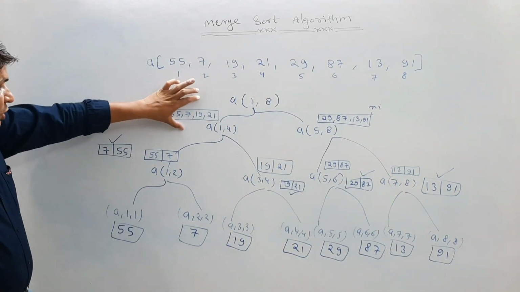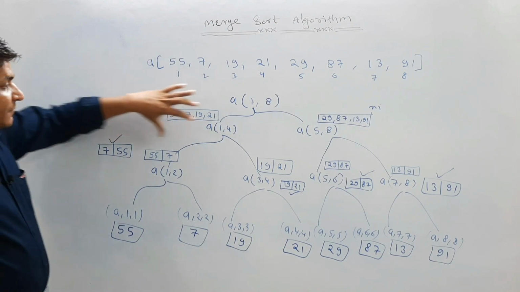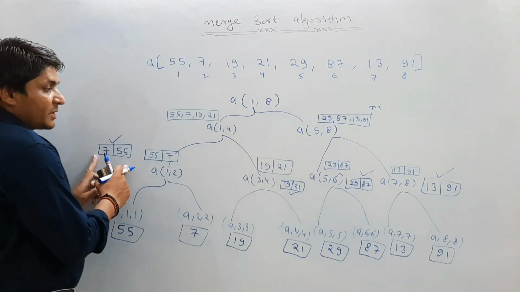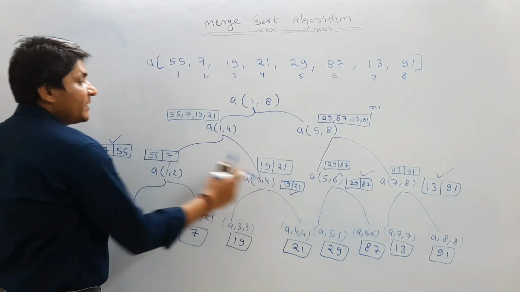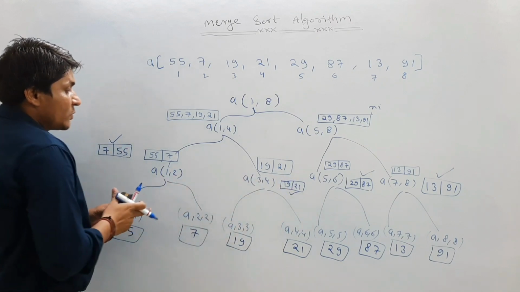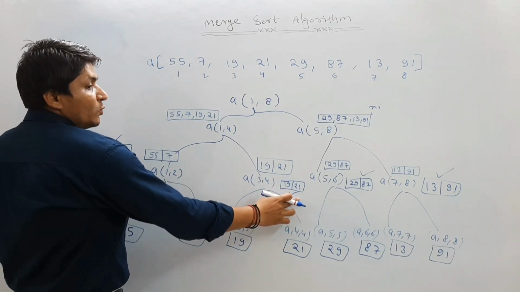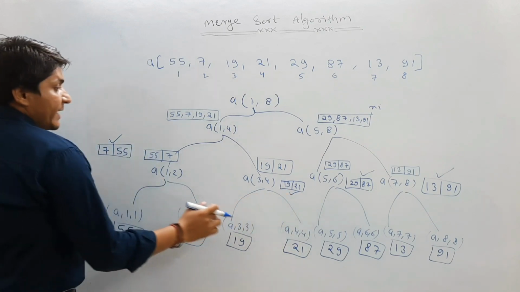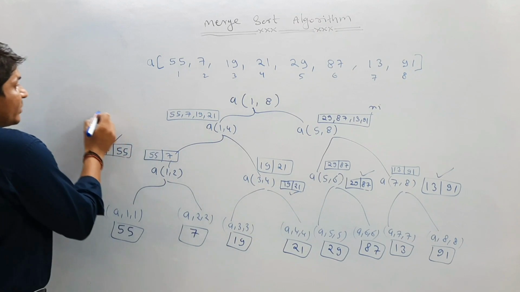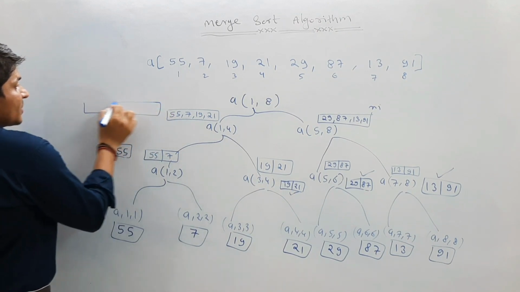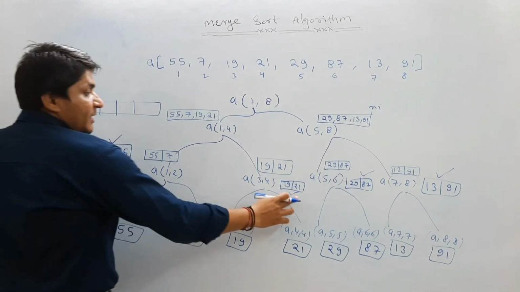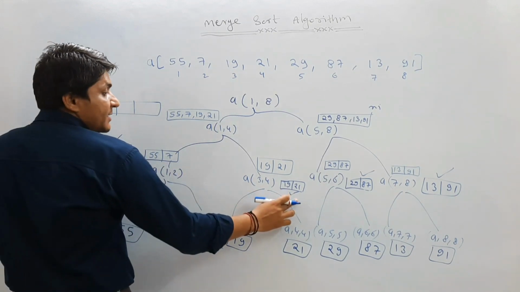for this problem, you are having one sorted subarray, and this is your second sorted subarray. Now this is your first sorted subarray, and this is the second sorted subarray. You know how to merge these two sorted subarrays. If you want to merge these two sorted subarrays into one array, then you need to take an array of size 4. So this is 1, 2, 3, 4. Now this is one sorted subarray, and this is the second sorted subarray.